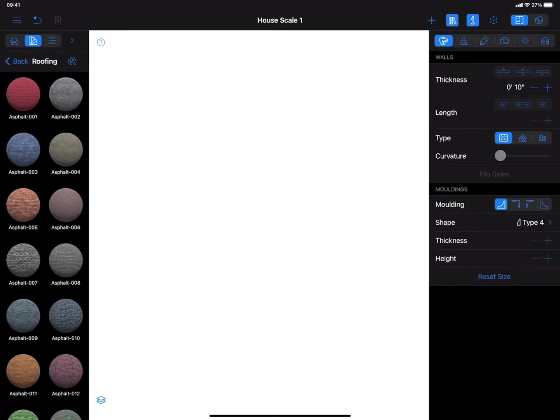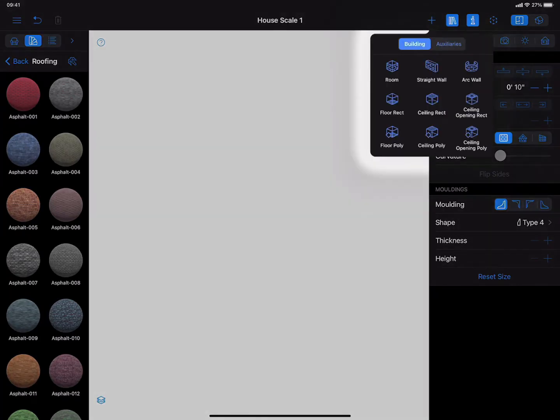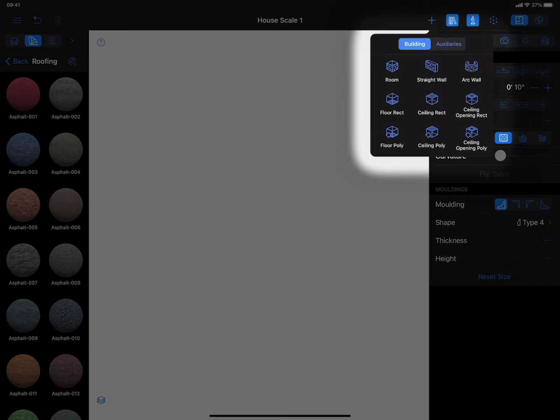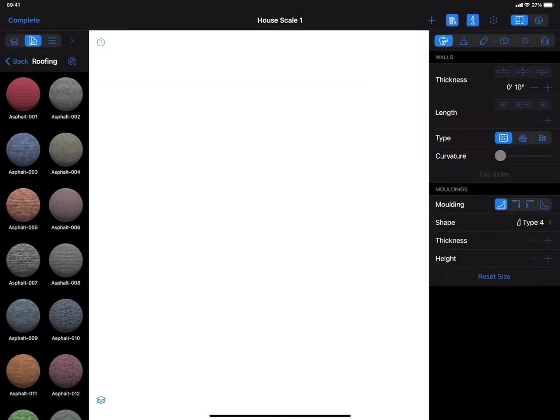Tap Done to get back to the workspace. Now the first thing we need are walls. There are several tools in the program for drawing them. Remember, if you need the tool to remain activated permanently, you should double tap on it. By tapping once, you use the tool for drawing only one element: room, wall, dimension line, etc.